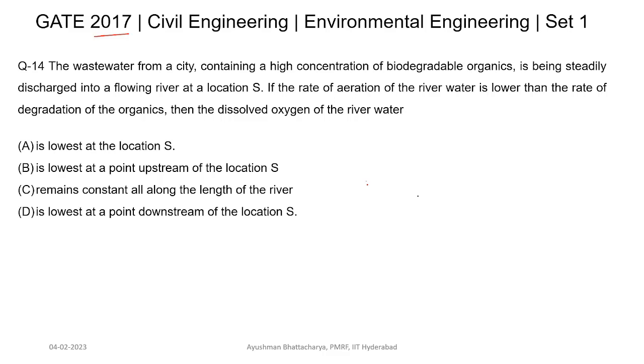Second option is lowest at a point upstream of location S. Third option is remains constant all along the length of the river. The last option is lowest at a point downstream of location S. Since the question is asking at which point the dissolved oxygen will be minimum, we should remember the concept of the DO-sag curve. So based on the DO-sag curve,